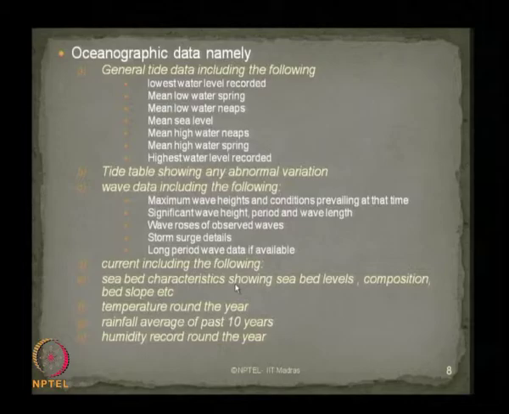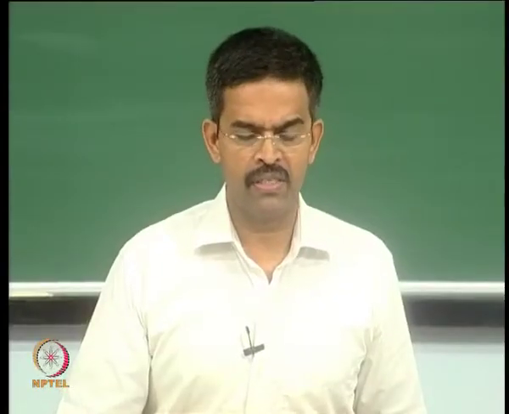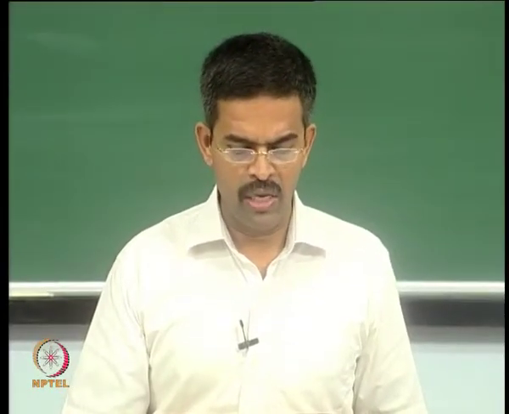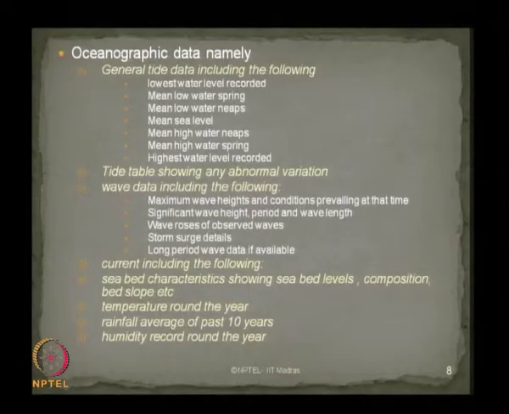You should also have data of temperature variation round the clock and round the year. A rainfall average for the past 10-year record is mandatory for planning and designing an offshore structure at any chosen specific location. Of course, you should have a record of humidity round the year,